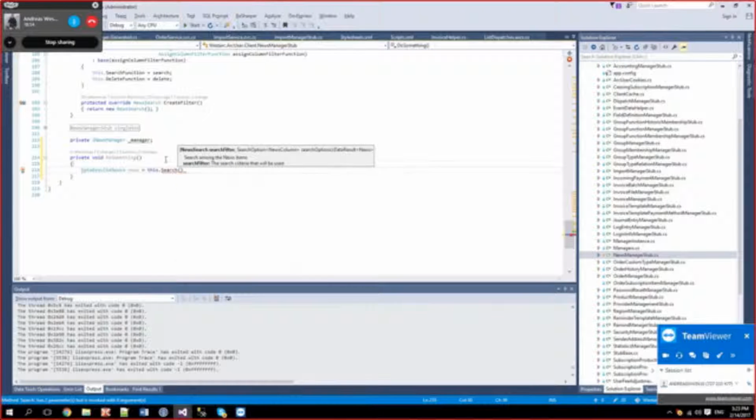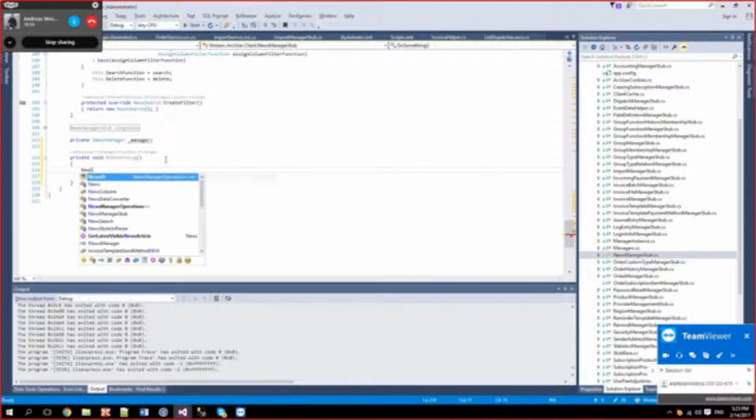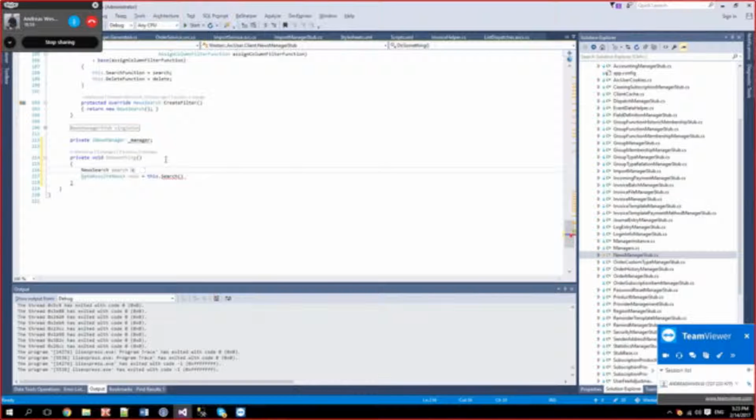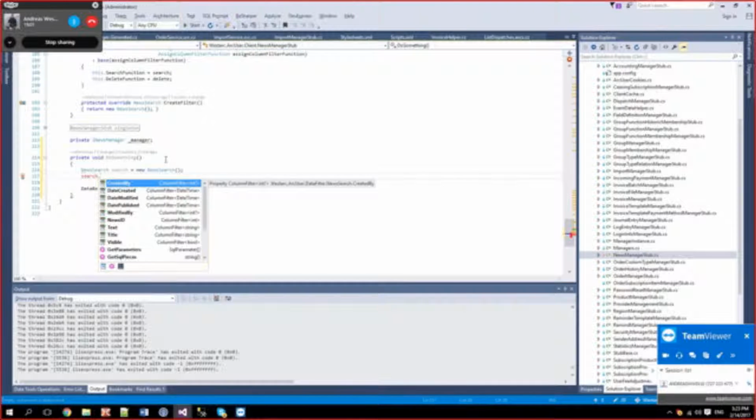Well, it takes a news search. So this search has all of the properties that the news table has on it.